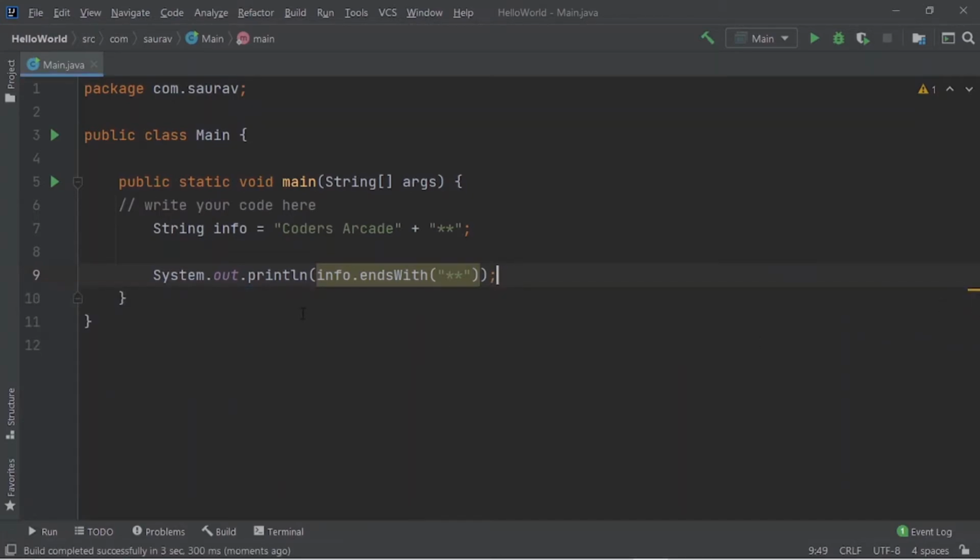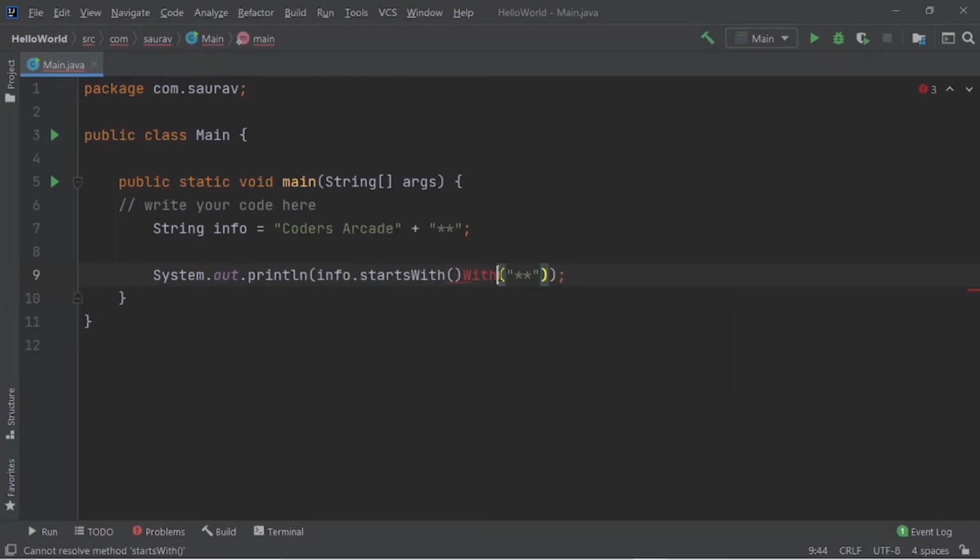This is a very important operation with the help of which you can check whether a particular string is present in a string or not. This is very important in case of passwords and other account related fields. And we have one more, which is startsWith. You can see this is here.